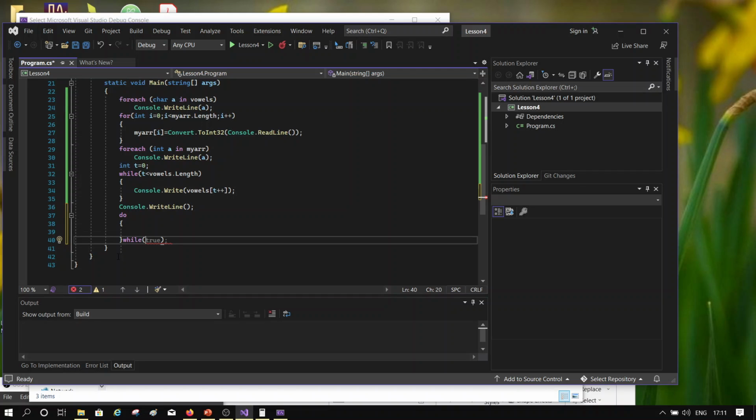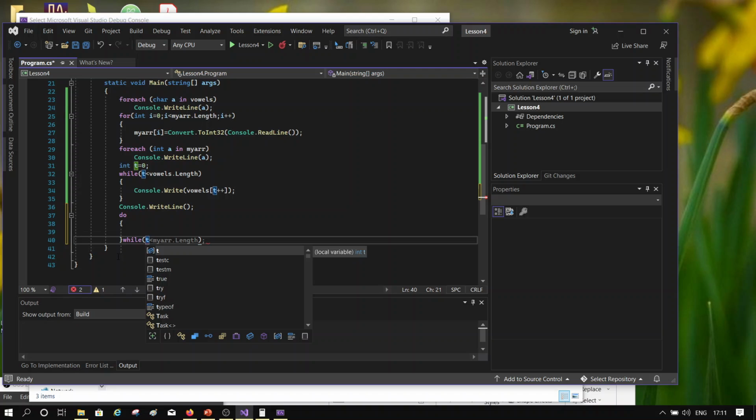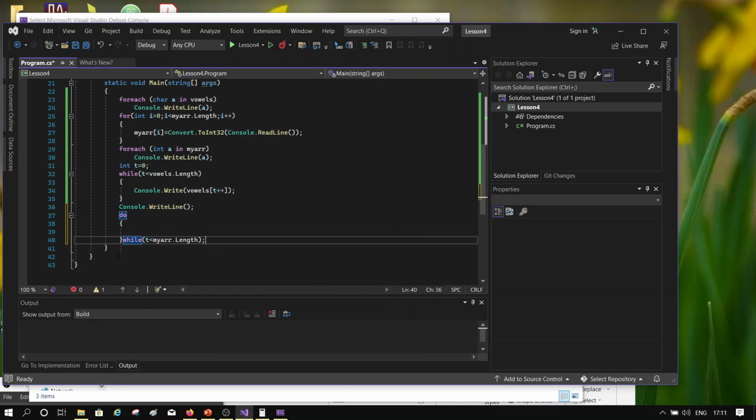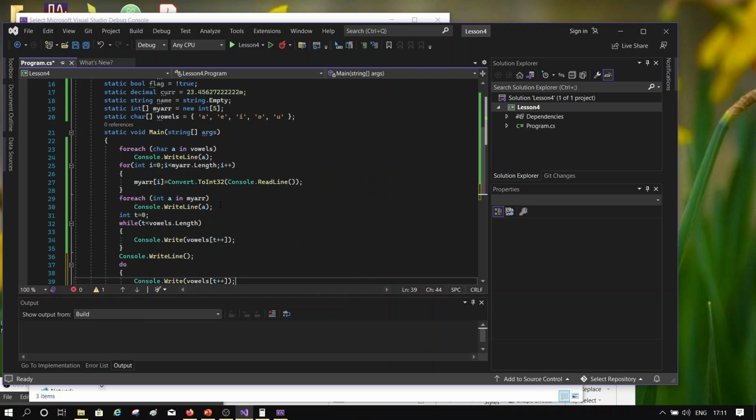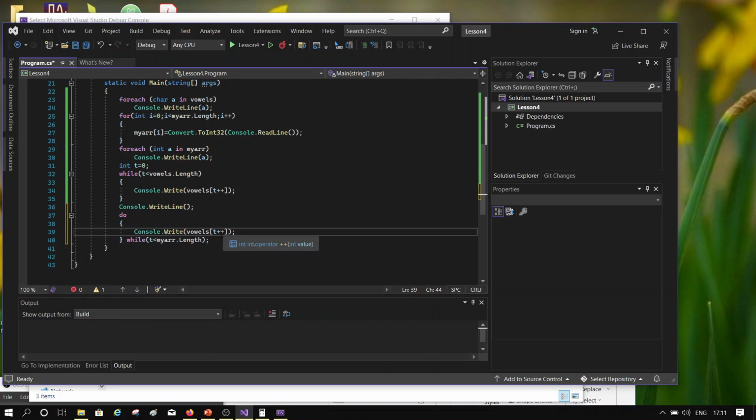t is iterable, I have to reassign this to, so t is less than, let's say my array dot length, and here I am going to do the console dot write, control C, control V. So as soon as I come out, the t value here is going to be 5, isn't it? 1 2 3 4 5. And when I go in here, the t value is 5, which is going to be out of the range. You understand that? Right, so it should not work,